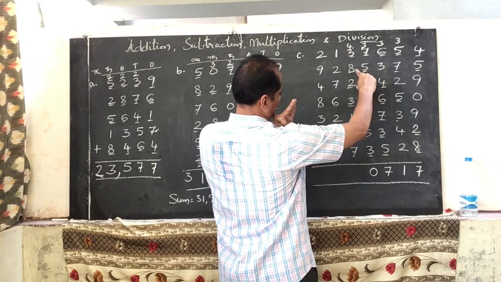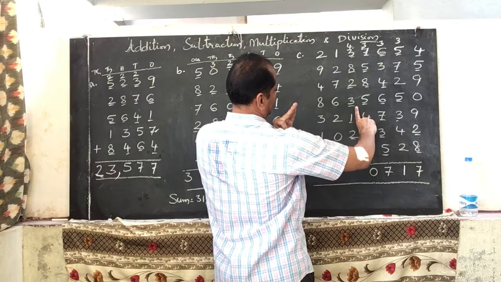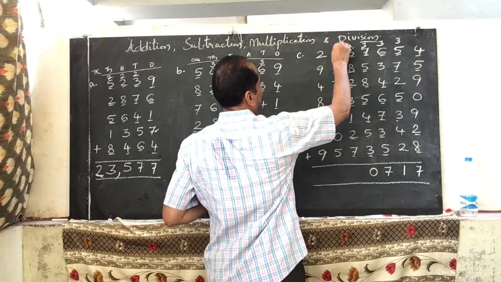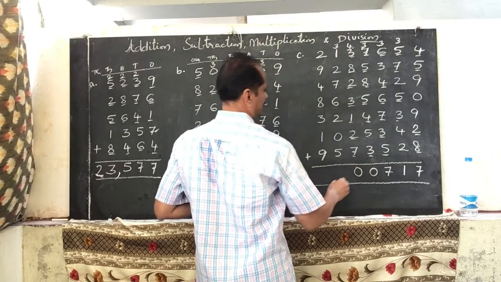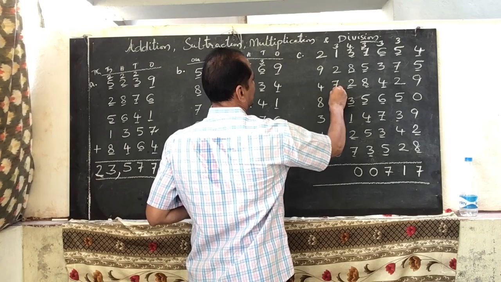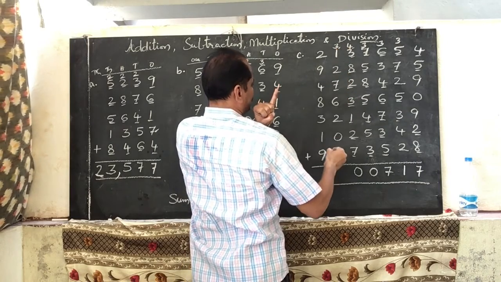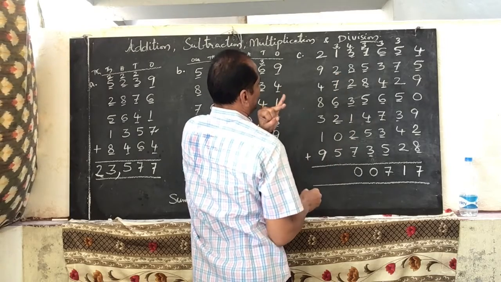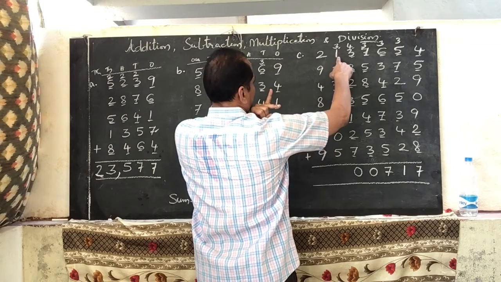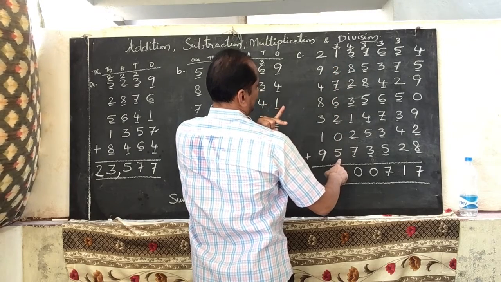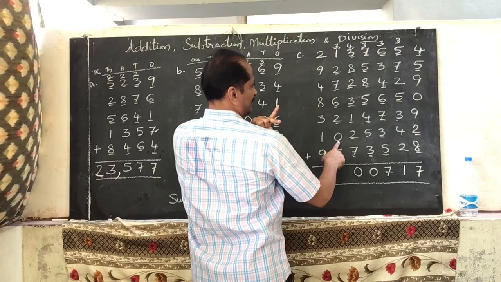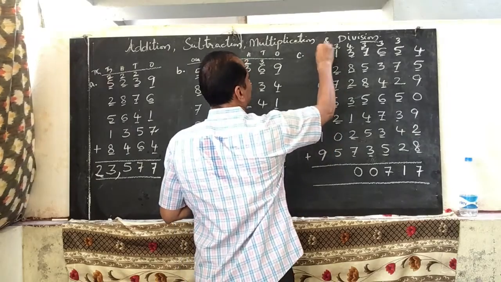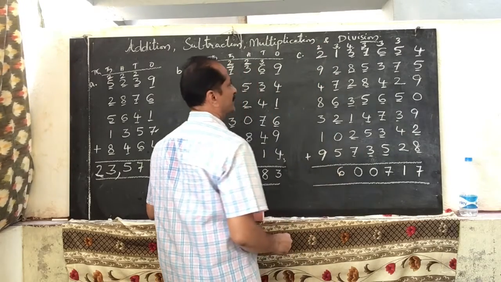8 plus 2, 10. 7 plus 3, 10. 3 plus 10, 10. So 3 tens, 30. 3, 0. Now again add this. 7, 3, 10, 10. 6, these 2, 2, 4, 2 tens. 4 tens, 1 plus 5, 6. 6 plus 0, 6. So 20 plus 6, 26. So here 2, 6.